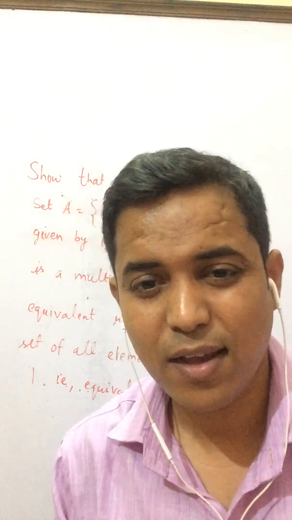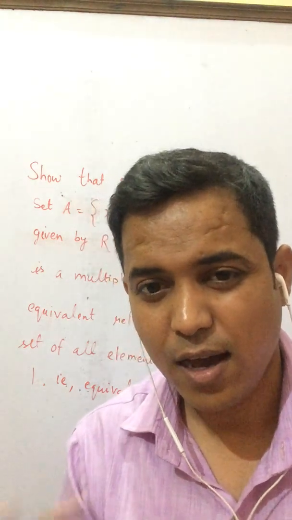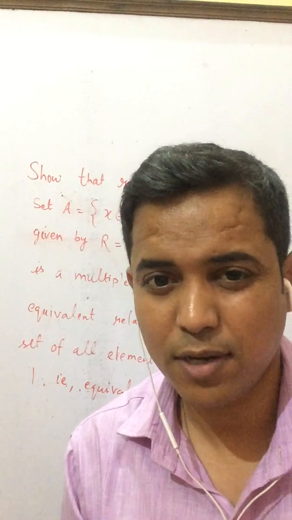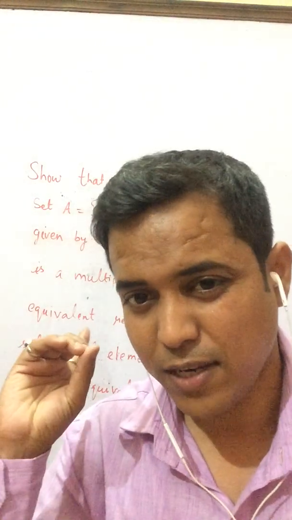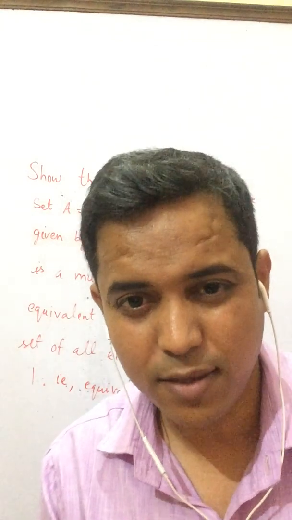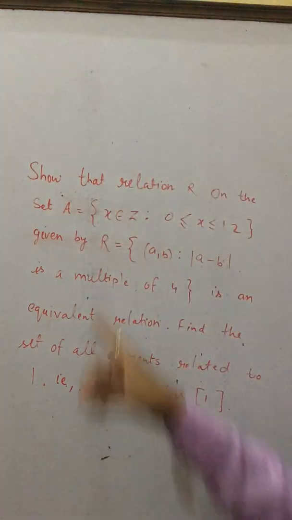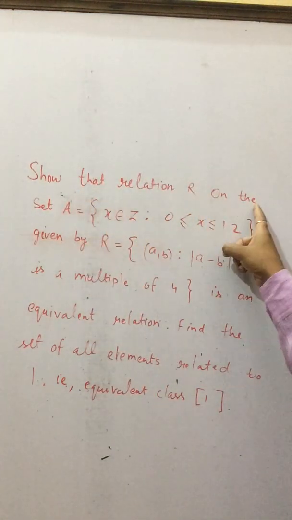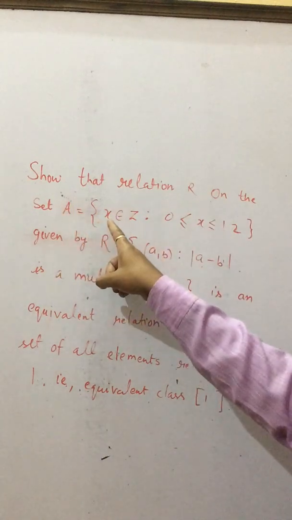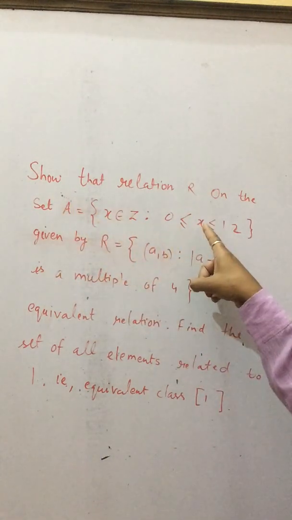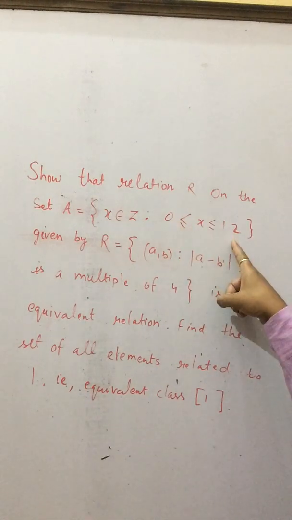My name is Hrithik Jaiswal and I'm going to teach you today how you can solve the question which is related to relations. So this is a very important question. It often comes in the exam and the question is: show that the relation R on the set A, where x belongs to the integers and x is between 0 and 12,